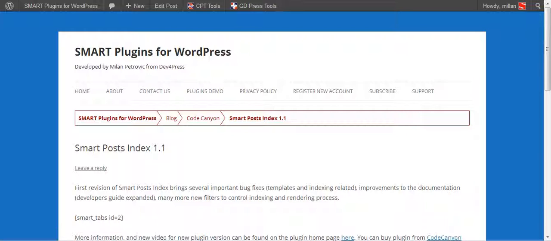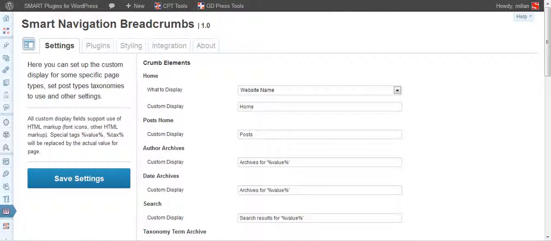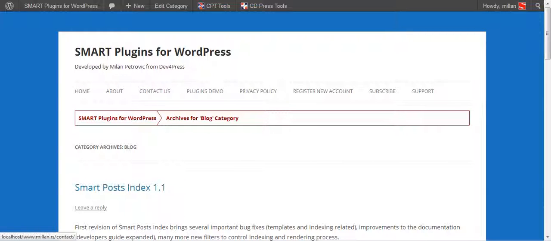This is a normal post, so you will get category based navigation before it. You can go to this category here and you will see the archive for this category, and you will see its parent category. As you can see, we are using the website name as the start of the breadcrumb, and we can switch that to a custom title and use Home. And there it is.